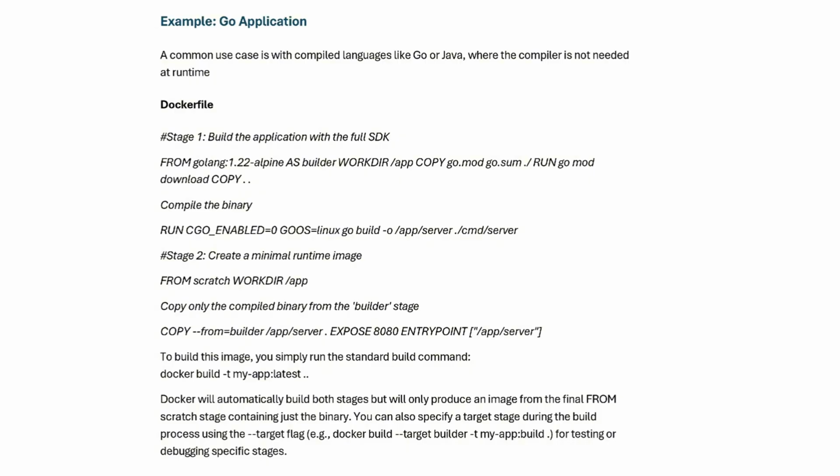So stage 1 uses a full Go SDK image to compile a binary. Stage 2 starts fresh, here that is scratch, and copies only the compiled binary from stage 1. The result is a lightweight final image, just your binary plus maybe a few metadata layers. All the heaviness of the compilers, libraries and caches is discarded because Docker only keeps the last stage as the runtime image. So you can fit in the example I gave about the chef and ingredients, which exactly matches this entire process as a reference.